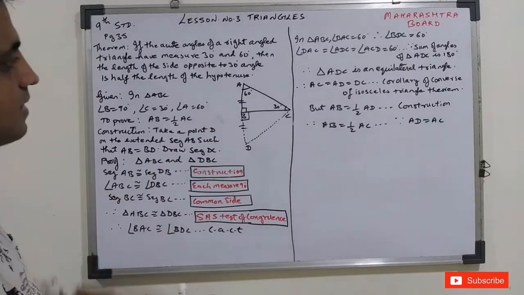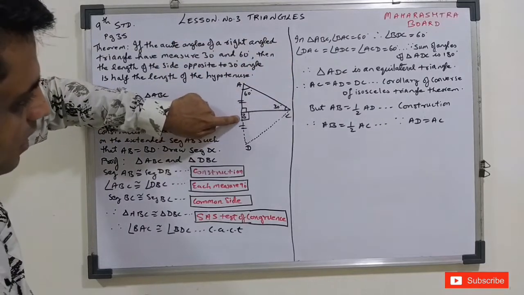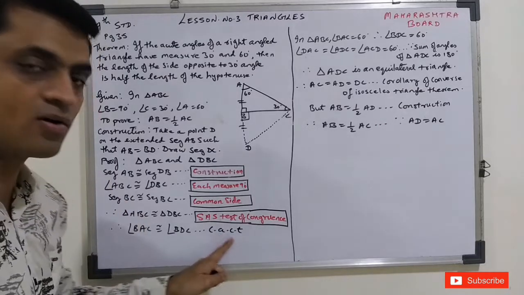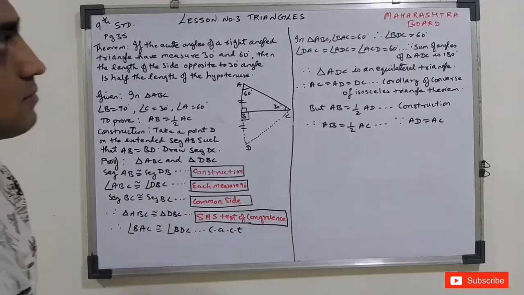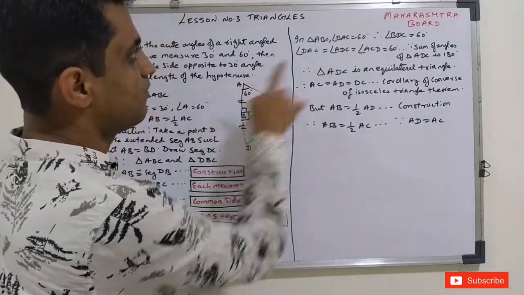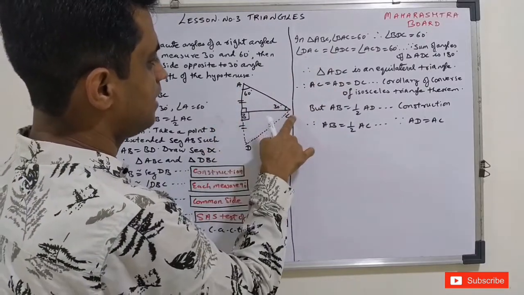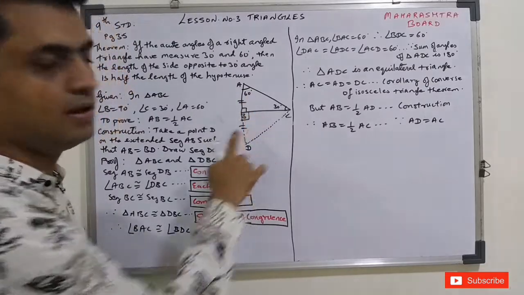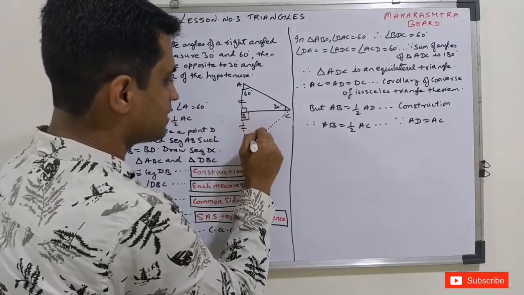So now we can say angle BAC is congruent to angle BDC, corresponding angles of the congruent triangles. After this, you take this triangle, ABC, and this, DBC. If this is 60, this has to be 60 because both the angles are equal. Here it is proved. If this is 60, this has to be 60.